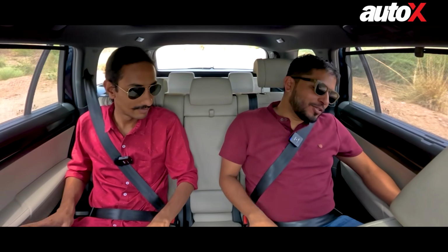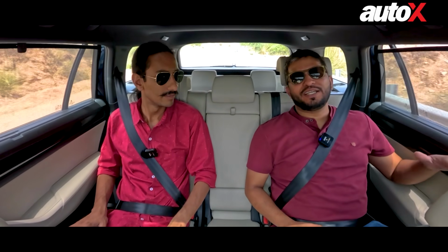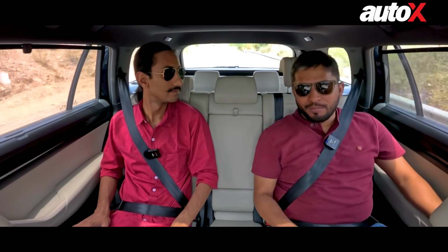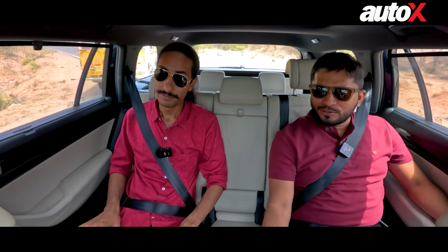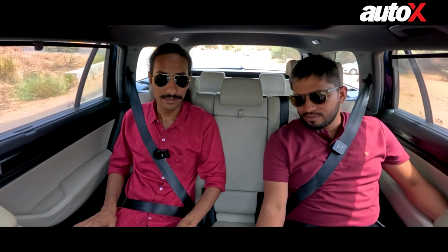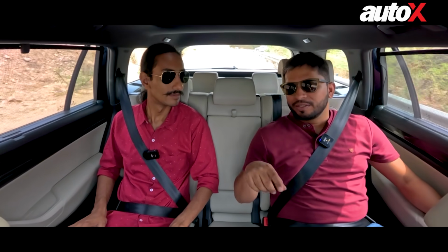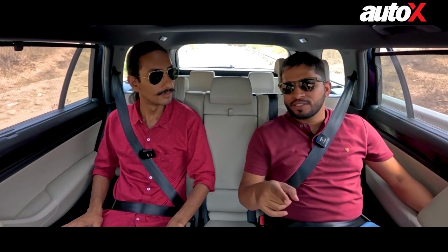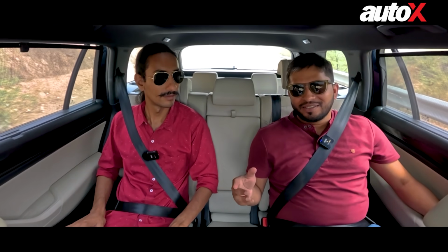But in terms of overall space, in terms of how you're sat here, I think it's very nice. It's decent. Yeah, there's a lot of space. Plus, you also get 3-zone air conditioning, like I said. You also get air conditioning controls at the back. The other thing that I forgot when we were talking about the features and creature comforts is the speakers. Yes, there are JBL